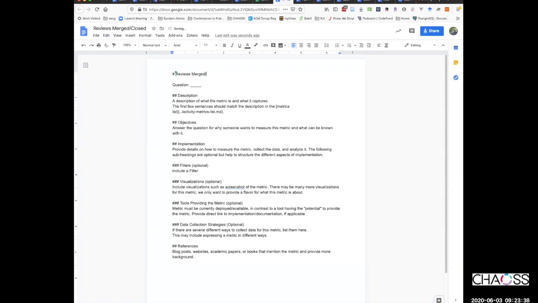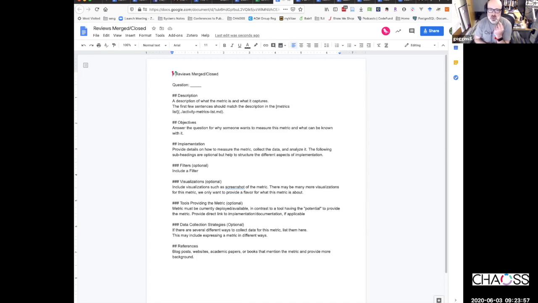What's the thought process of having that in the community growth focus area rather than the code development activity area? Basically, the pull requests are an indication of a growing contributor base.